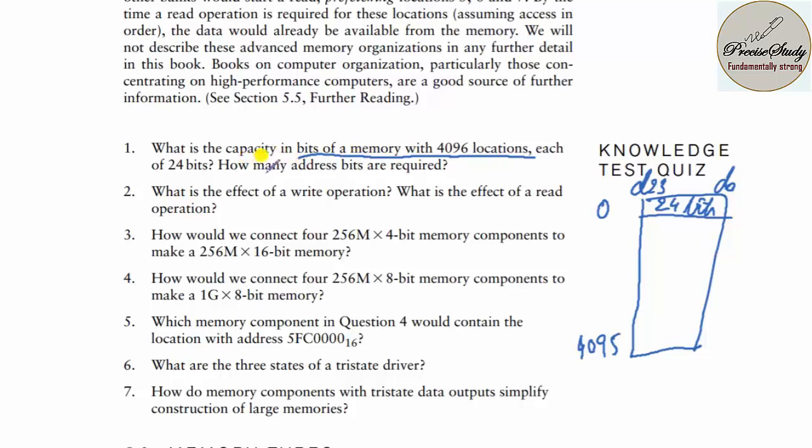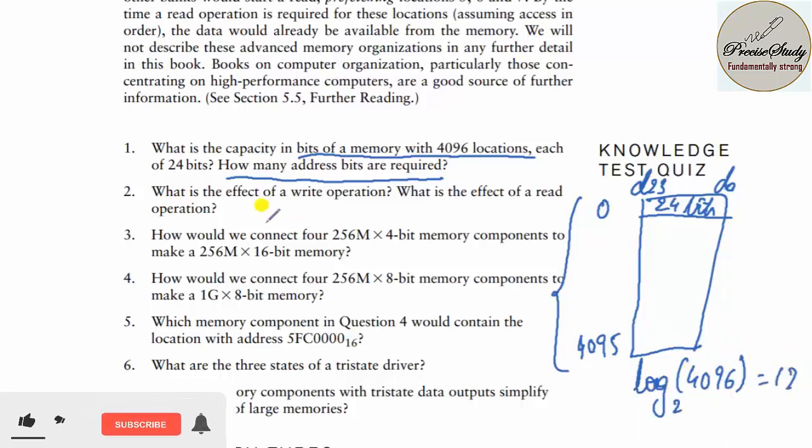Now the question they have asked is, how many address bits are required? The total number of locations is 4096. If I take log of 4096 to the base 2, I will get the answer as 12. So 12 address lines are enough to point to 4096 locations, starting from 000 in hexadecimal to